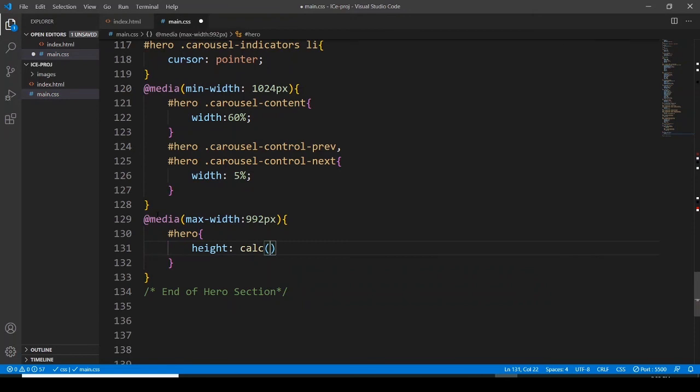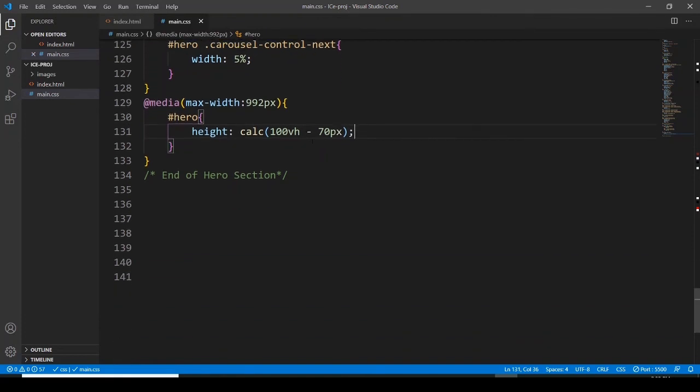I've used this calc function in some of my previous projects. If you don't know about it, please watch the previous project, I think the restaurant project. I've created a website for a restaurant, so you can see this one over there. I have explained it over there, okay? And then after this, minus 70 pixels,